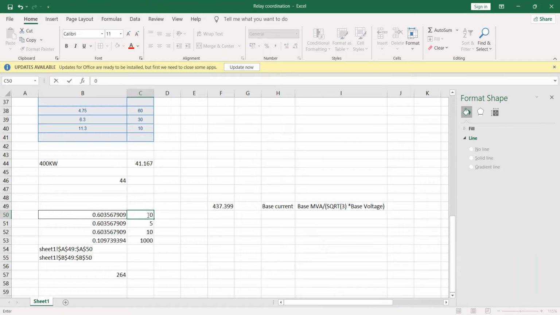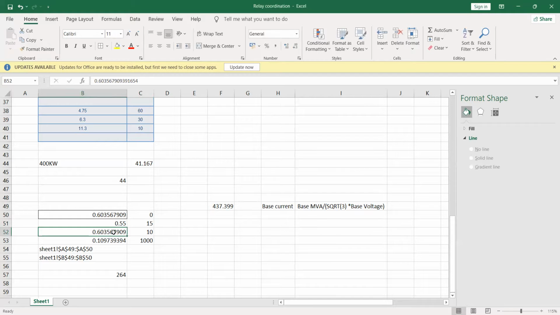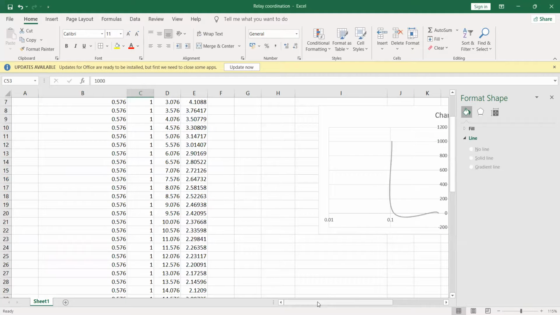Then I go for 0.55, which is 15 seconds. Then I go for 0.11, which is 16 seconds. Then 0.105 for 1000 seconds. How does it look now?